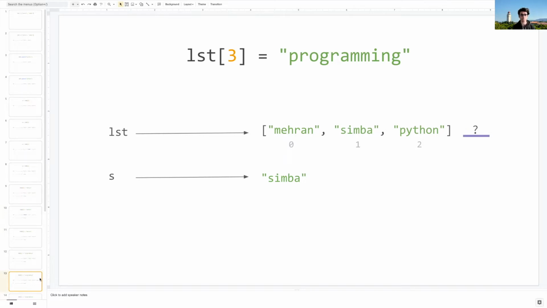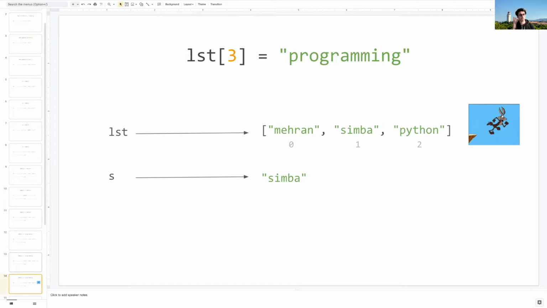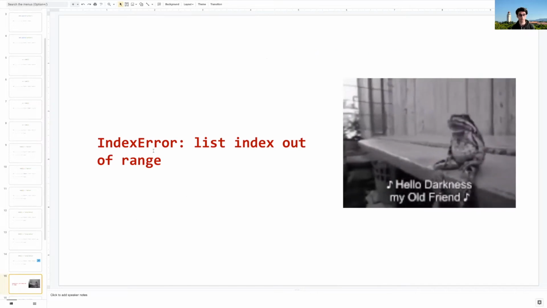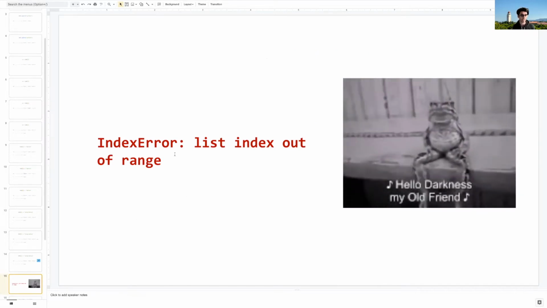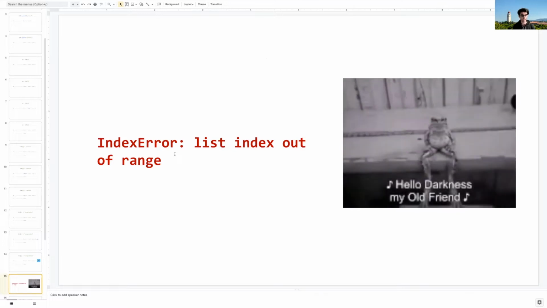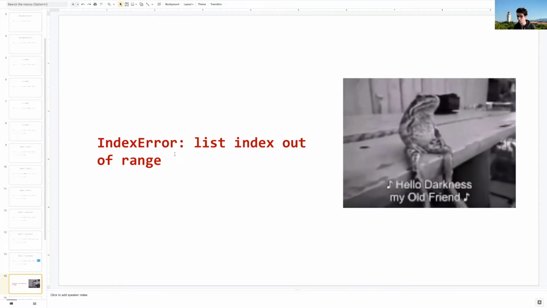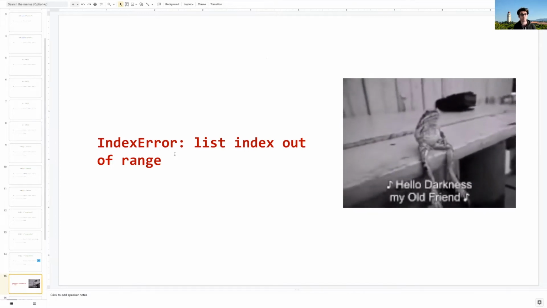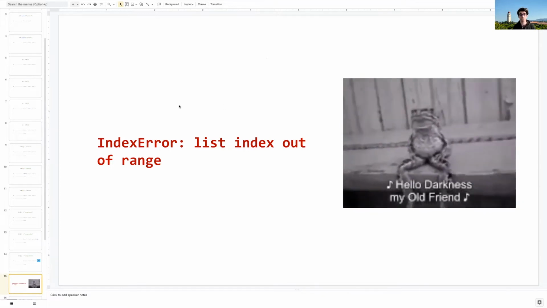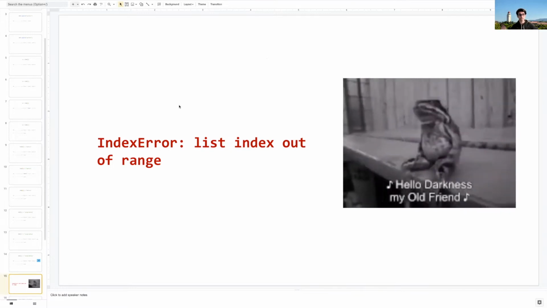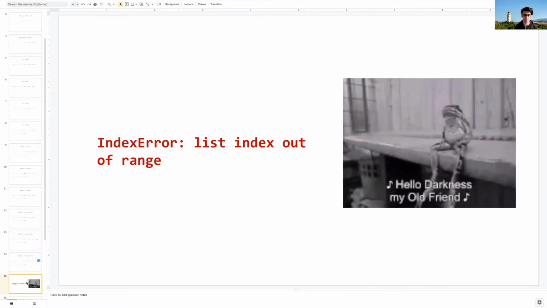So really what happens when we try to insert into a list at a position that doesn't yet exist is we're kind of like Wile E. Coyote just falling off a cliff over here. We've just gone too far and Python's going to complain. The way it's going to complain is by giving us what we call an index error, which basically is saying, hey, you tried to get or set a value at an index that isn't valid for this list. So that's kind of a heartbreaking moment, but most of the time it's just because we've tried to go too far beyond the ends of the list, and that's something to keep in mind.